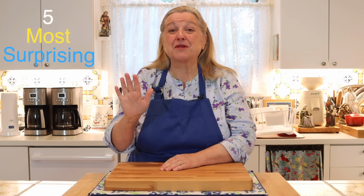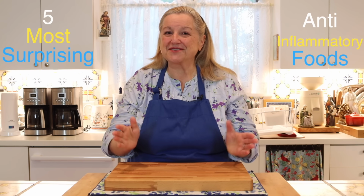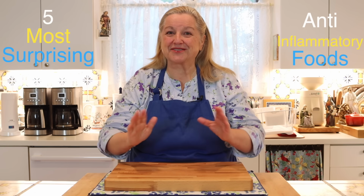Hi, sweet friends. Today I want to share with you the 5 most surprising anti-inflammatory foods. So if you're tired of people telling you to always eat your greens and your berries, you're going to love the 5 foods that I'm going to share with you today, because not only are they delicious, they're fantastic at